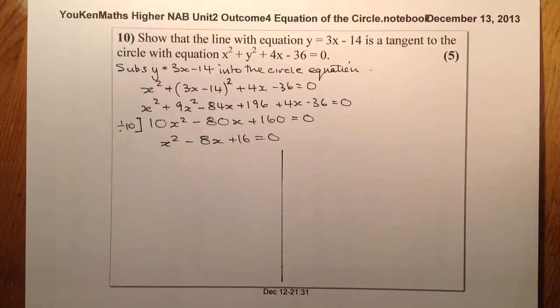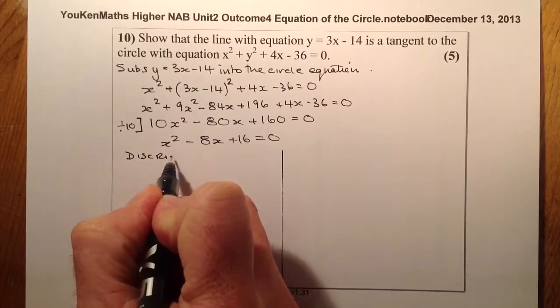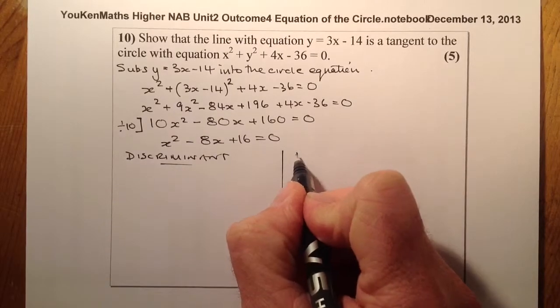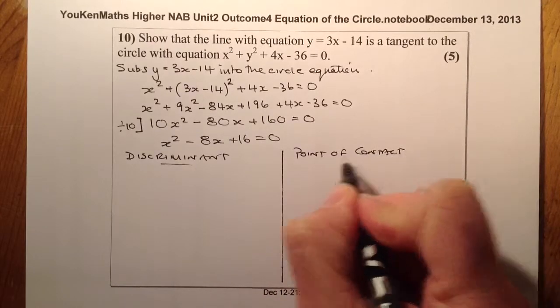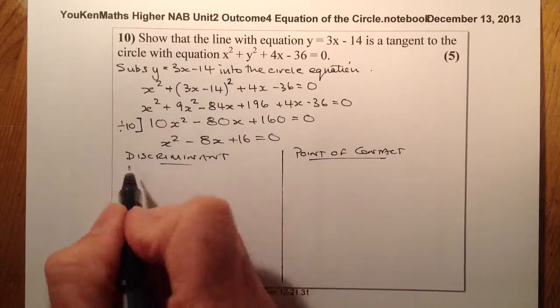Right, and so one way I'm going to use the discriminant. The other way, I'm going to look at a point of contact. And what you would do is just choose one of these methods, whichever way that you're most comfortable with. Right, so the first thing I'm going to do with the discriminant method, I'm going to say that my value